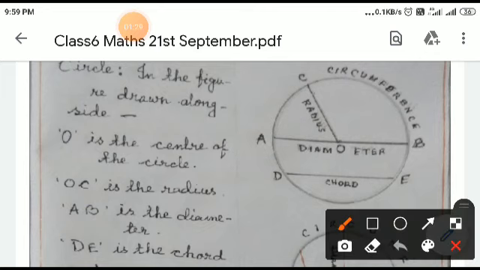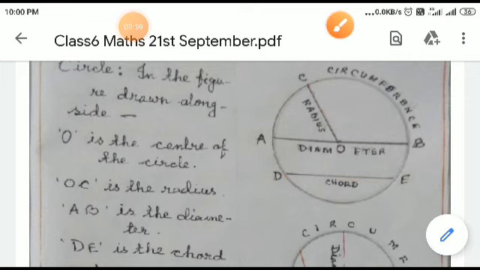Now, see the parts. Here, O is the center and C is any point on the circumference. Joining the points O and C, we get the line segment OC, which is called the radius of the circle. Again, taking 2 points on the circumference, D and E, and joining DE, we get a line segment which is called the chord of the circle. So, a chord is the line segment joining any 2 points on the circle.